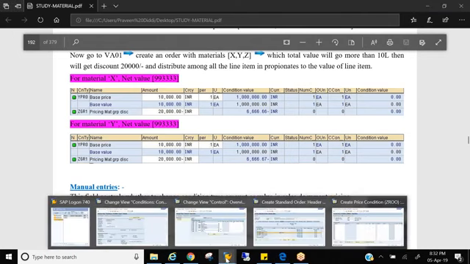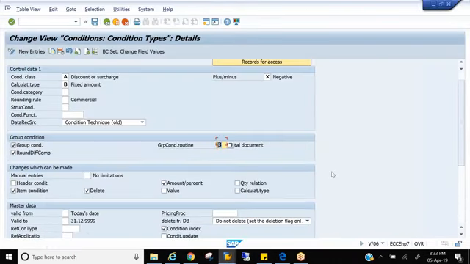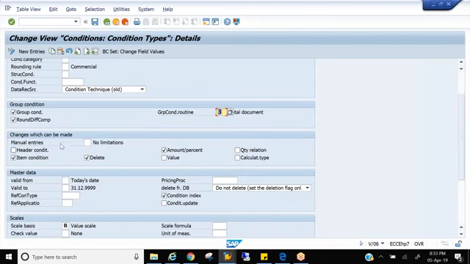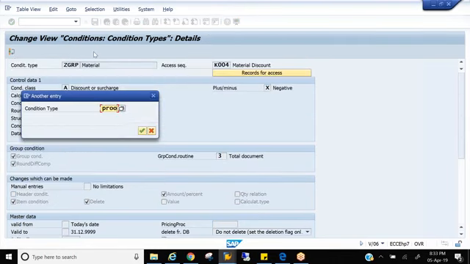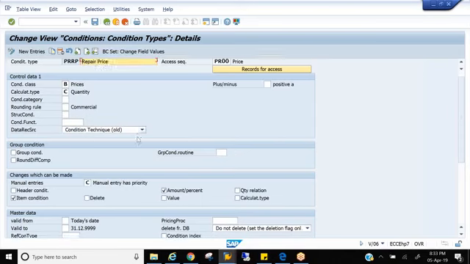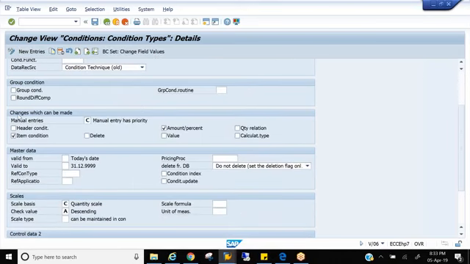Very, very important, group condition. Header condition, group condition. One question you will face for sure out of these 2 topics. The next is manual changes can be made. Let me go to the standard PR00. In the standard PR00, you see there is something called changes which can be made, and it says manual entries. By this time you should get a doubt, but no one has asked it.